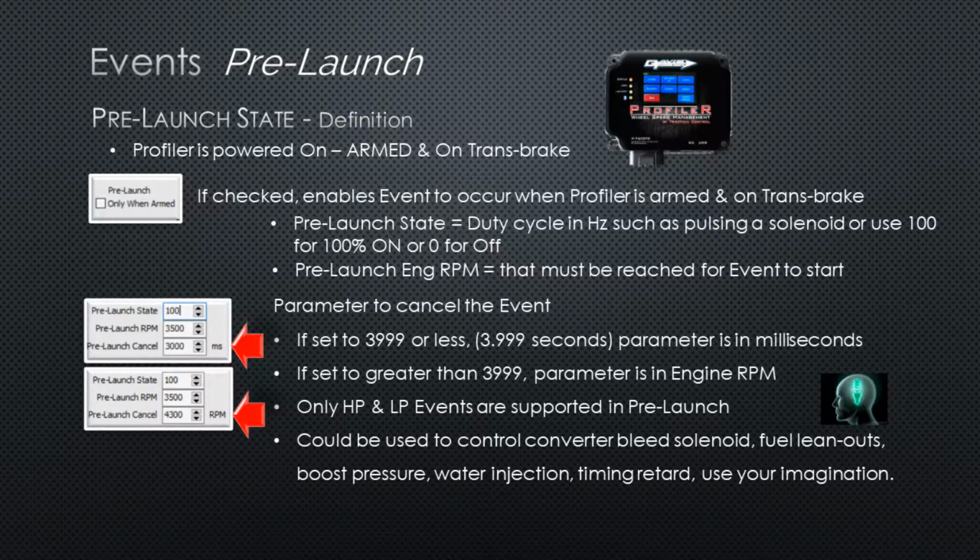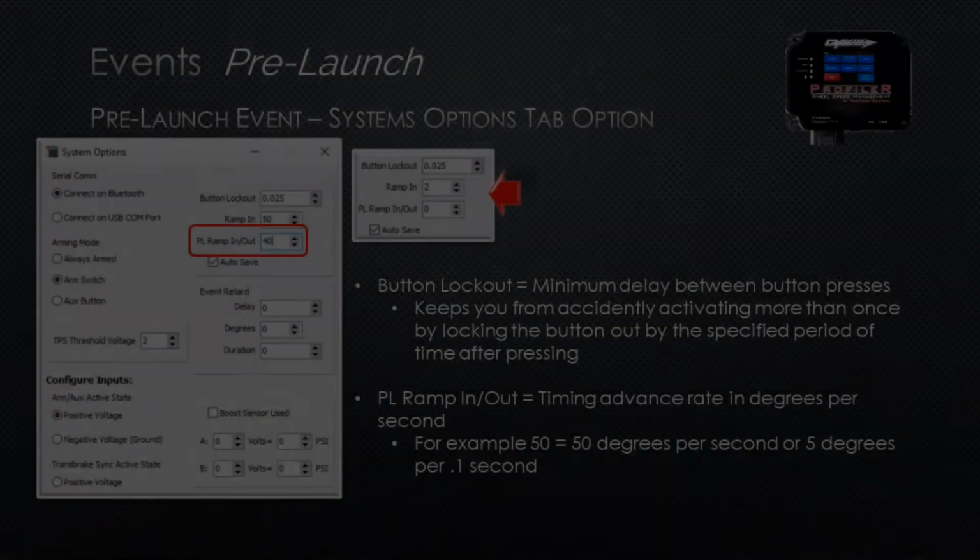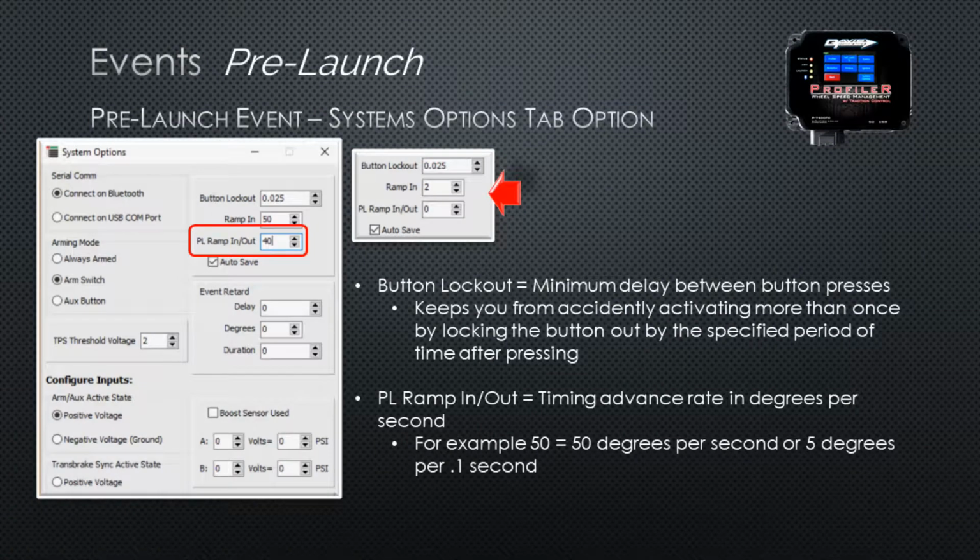If the parameter that you enter is greater than 3999, then the parameter means engine RPM. Notice the bottom box there, there's an RPM after the window, so it will graphically show you what it's interpreting as your entry. There are a couple of other items related to pre-launch events that you need to be aware of. If the event is a timing retard,